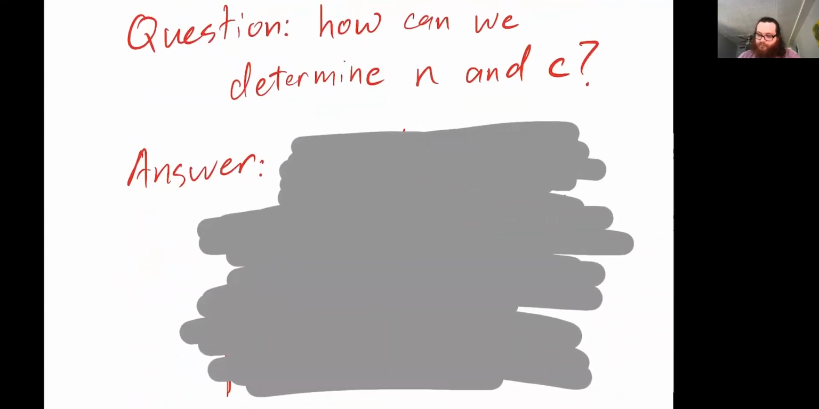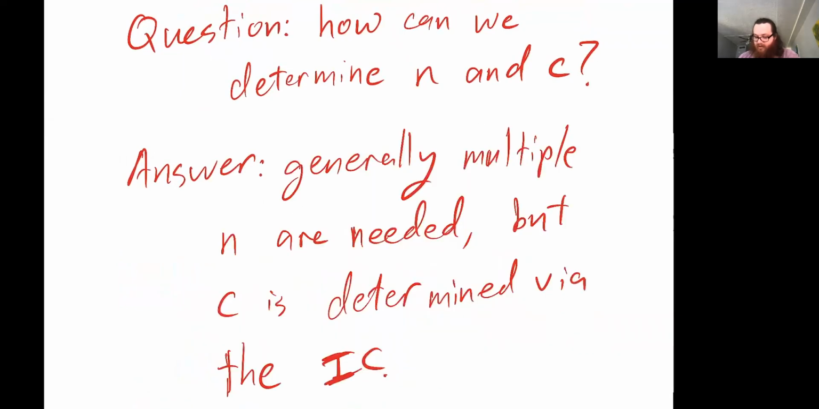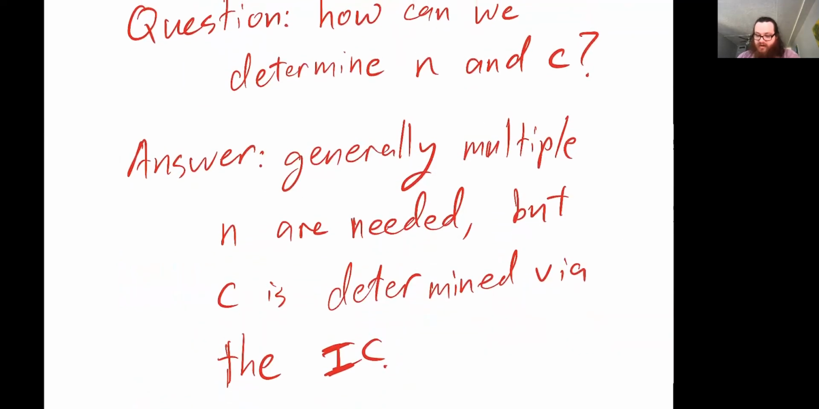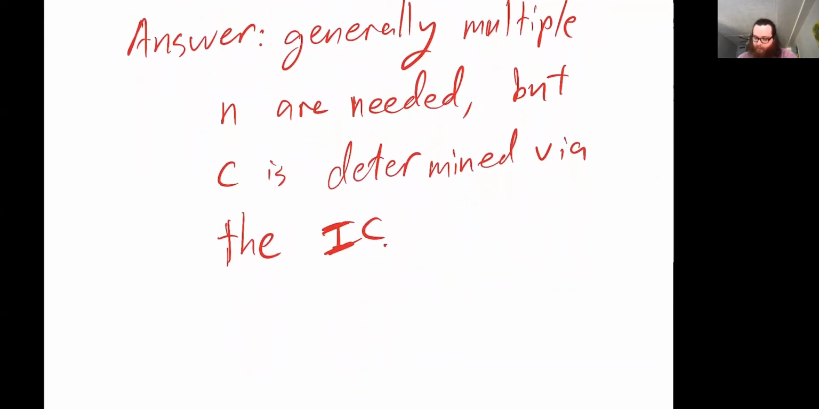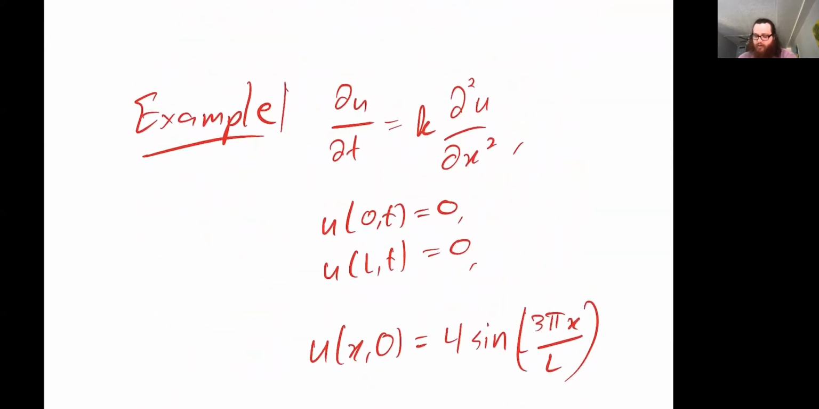The answer in this case is that generally we're not just going to use one of these building blocks. We're going to have to use multiple of them. But which of these building blocks and what these constants should be are going to be determined by the initial condition, the initial temperature profile. Okay. And so as a specific example of trying to actually solve one of these equations,